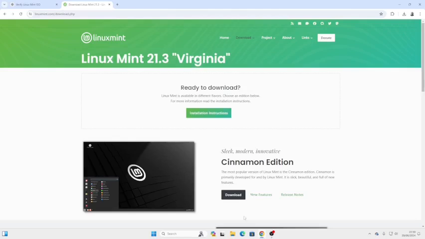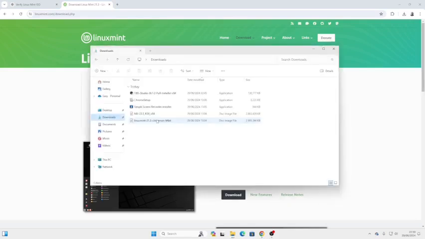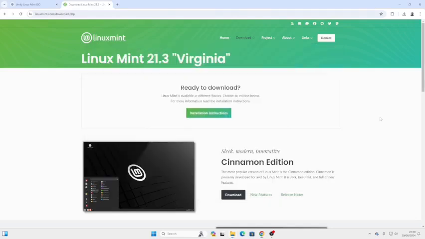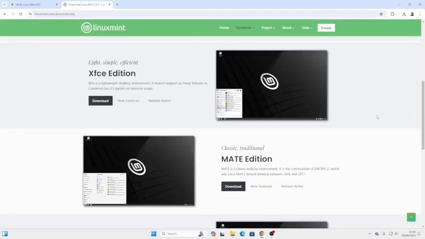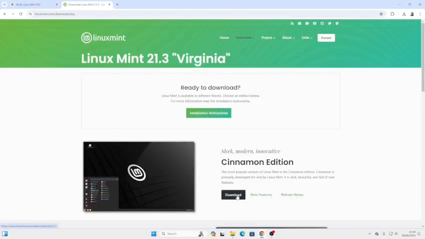So I've already downloaded the ISO image, which I will show you here. So there you can see the Cinnamon ISO image. I've also downloaded MX Linux as well, KDE version. So here's the Linux Mint version. So if we go down here and we go into the download,